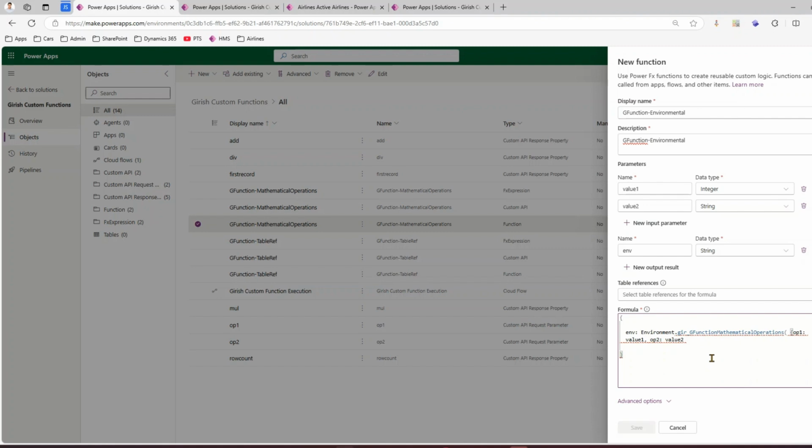So let me properly format this again, because this interface is a bit clumsy. So I'll just put these curly braces correctly, close the function, and then I can say what do I want out of it. I want an addition, I want a division, or I want a multiplication. So I'll say I want an addition. Okay, now in addition, I want that addition as a function. So let me select this,